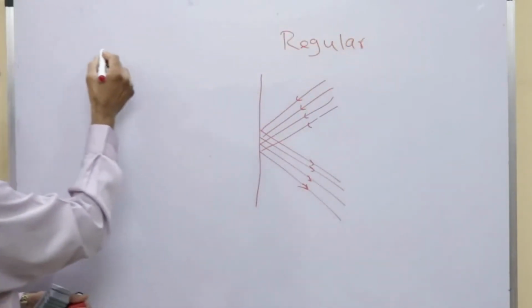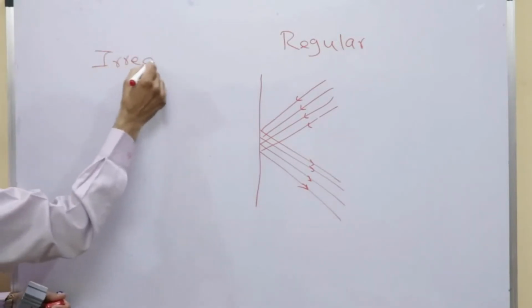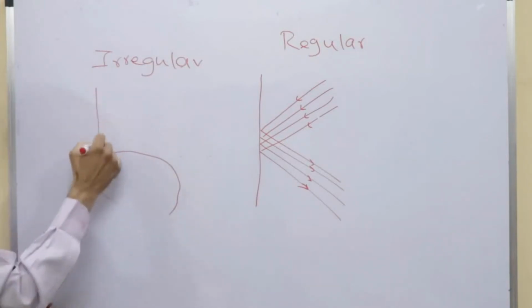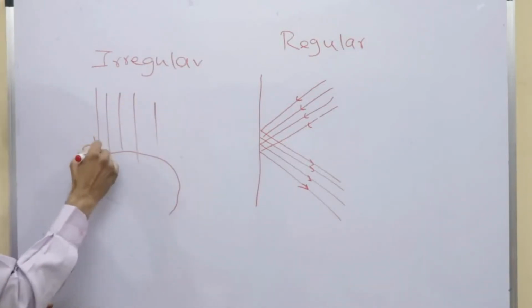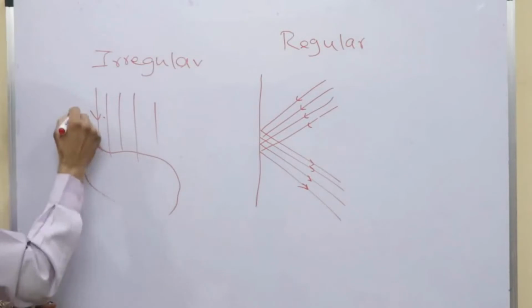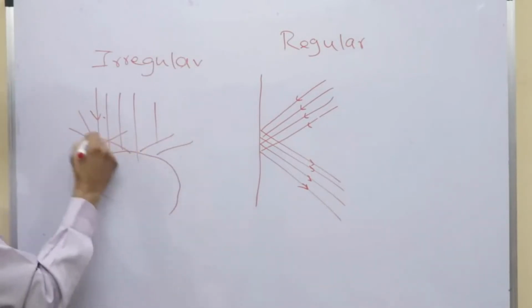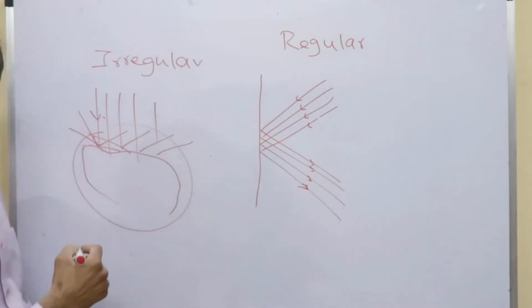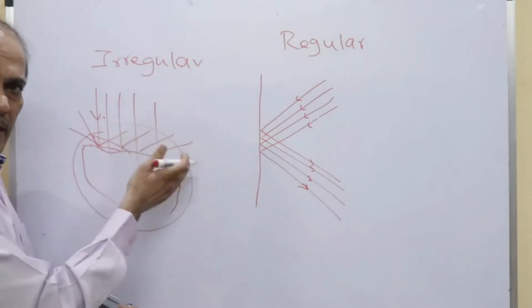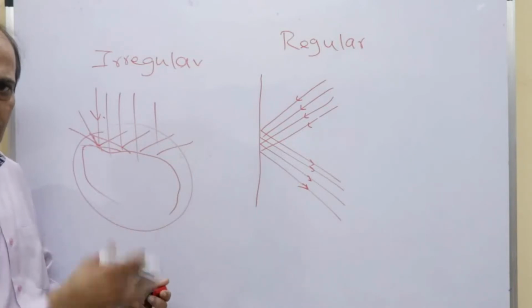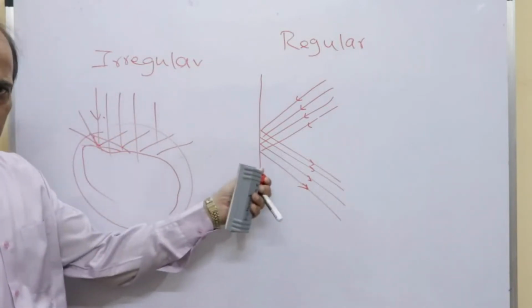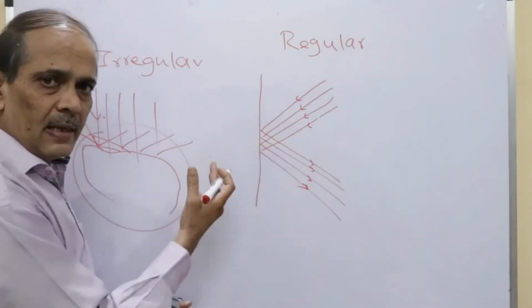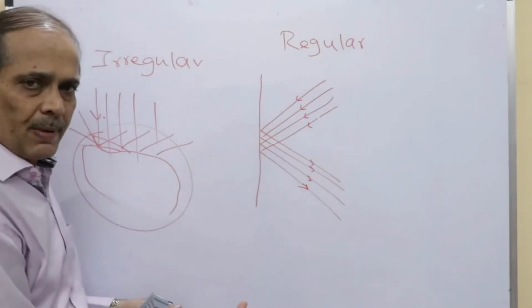And when we talk of irregular reflection, as you can expect, when light falls on any object, it may fall straight, fine. The light rays falling would be straight, but they would get scattered in different directions. And of course this object will become visible because light is scattering, spreading in different directions when it falls onto it.